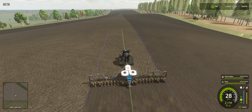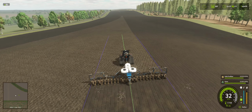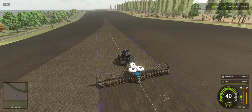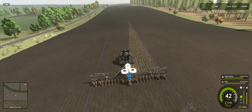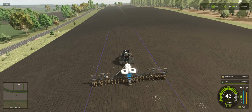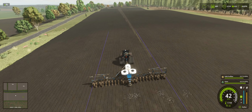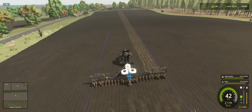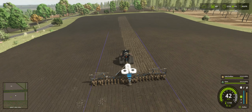This tractor's max power is like 1,800 horse, something like that, which is phenomenal for pulling heavy equipment for flying across fields like what we're doing here. But the issue you run into is the tractor's not heavy enough to prevent getting yanked around while trying to make turns. And then once you get up higher speeds, you get really unstable, especially when you're pulling a trailer. Now, it is always fun drifting across the field in a tractor, but